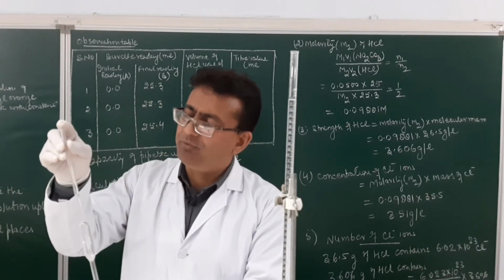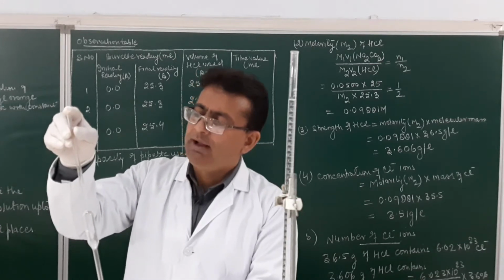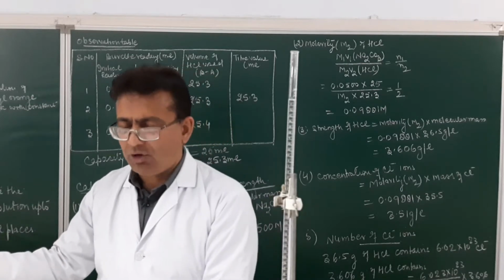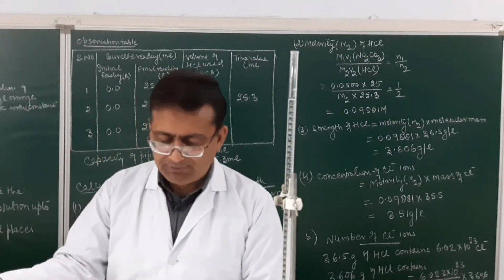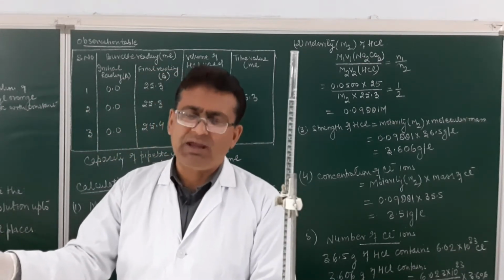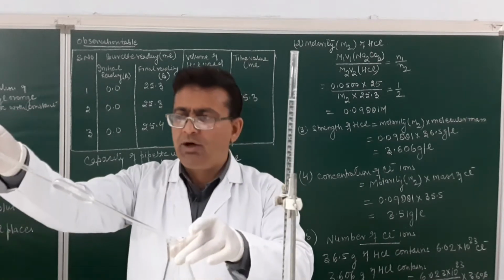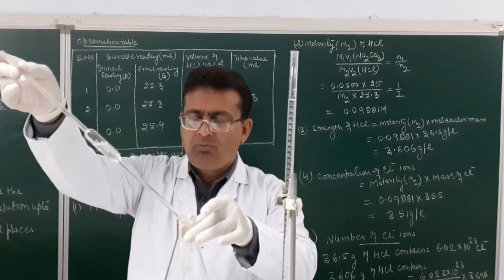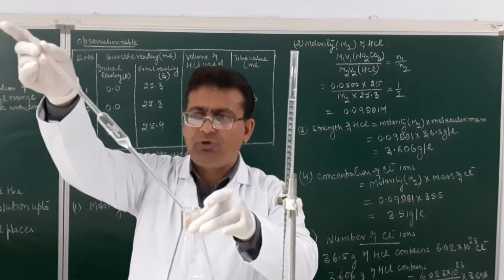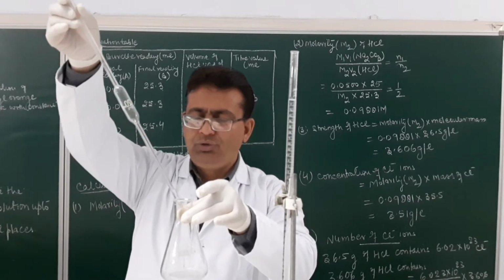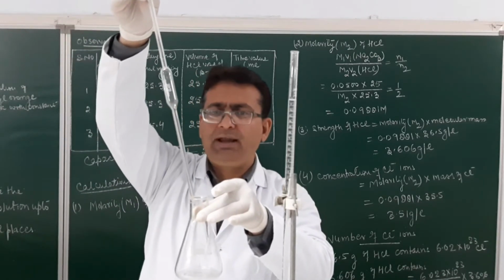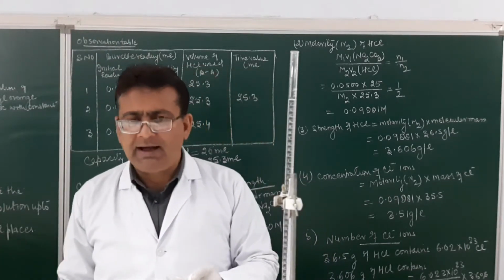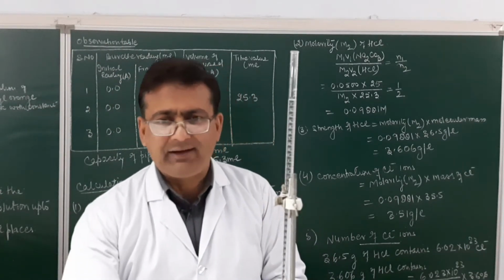So, you can see I sucked this up into this and slowly brought it to the mark over here. This is 25 ml capacity. In the lab, you may be given the 20 ml capacity. Then over here, we will add the sodium carbonate solution into the conical flask. Is it clear, student? Now, we will conduct the titration.